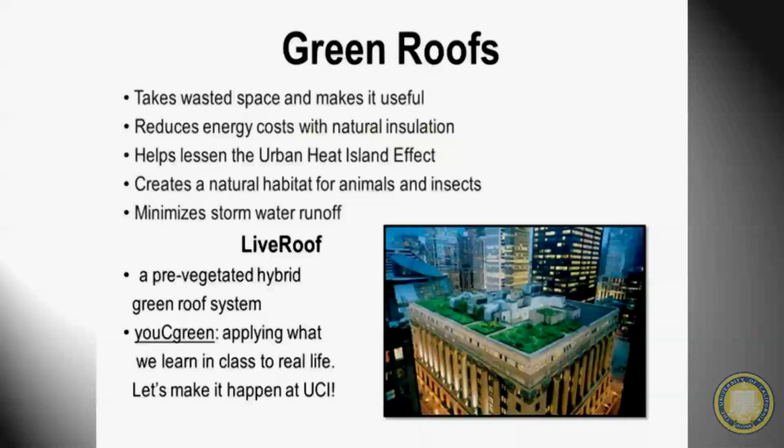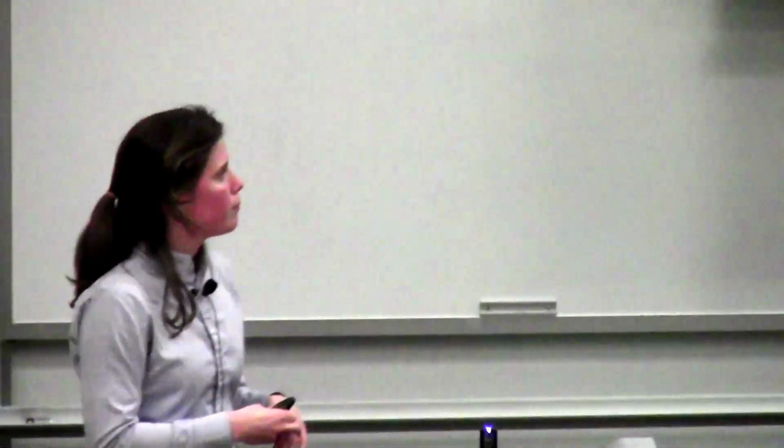And then it minimizes stormwater runoff, and that's another key thing for a lot of planners. Anybody in the planning department here, or just sustainability in general. When it rains in cities, if you don't have permeable surfaces or areas that can capture and clean that rain, then the rain just goes onto the streets, onto the concrete, and into local waterways or streams. And so the more greenery you have, the more permeable surfaces, so surfaces that the rain can get through, the better it is for the natural environment at large, and also for city planning. You know, they don't like to have massive floods in the middle of the streets too. So a lot of people are invested in reducing stormwater.